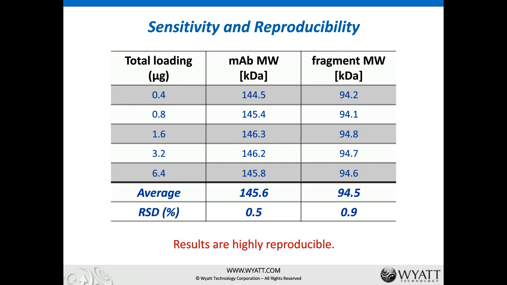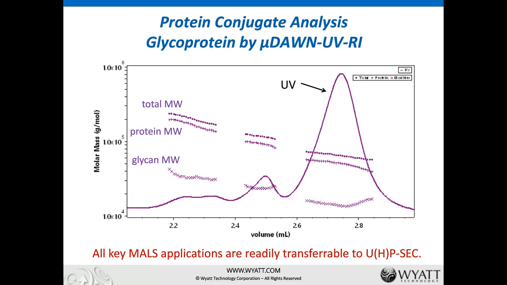Our next application is protein conjugate analysis. One of the most powerful applications of SEC-MALS together with UV and RI detectors is its ability to characterize protein conjugates. And now you know this application can be readily transferred to the UHP-SEC world. Here we show just that, the micro-SEC-MALS results of a glycoprotein from a virus surface. The UHP-SEC resolved at least 3 different peaks, and the microDAWN, UV, and UT-rEX measure the molecular weight of the